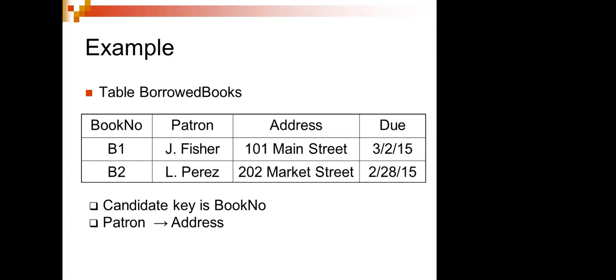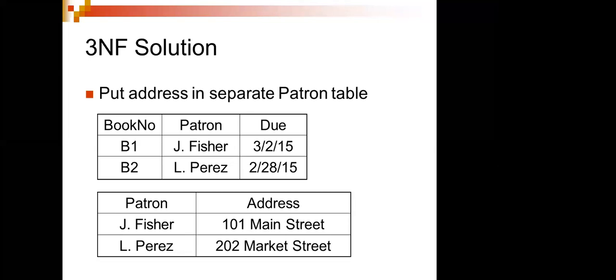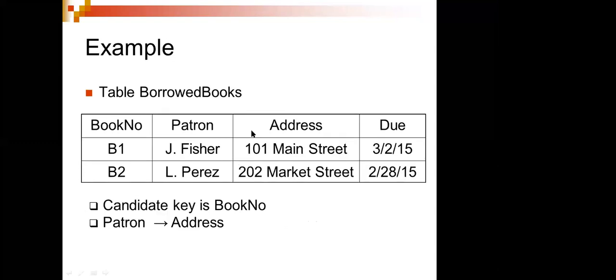In a similar fashion, in the third normal form, if this is the table, you have to try to separate this. So I should have the book number, patron, and the due date. This is enough for me. If you want further details of the patron, phone number, or his address, then I'll go to another table. Again, this table is the master and this becomes the child table. The child table will go to this particular patron because I want the address of this person. So I'll get the address from this. If you want another contact number, again I'll have a contact. In whatever fashion you want, that means putting the address in a separate patron table. So I'm not mixing the address. So the address is not required over here.